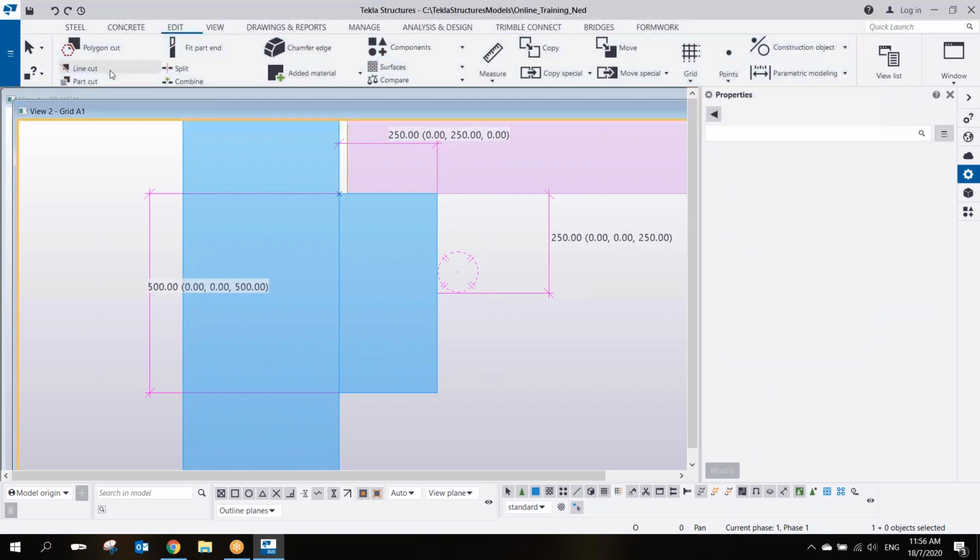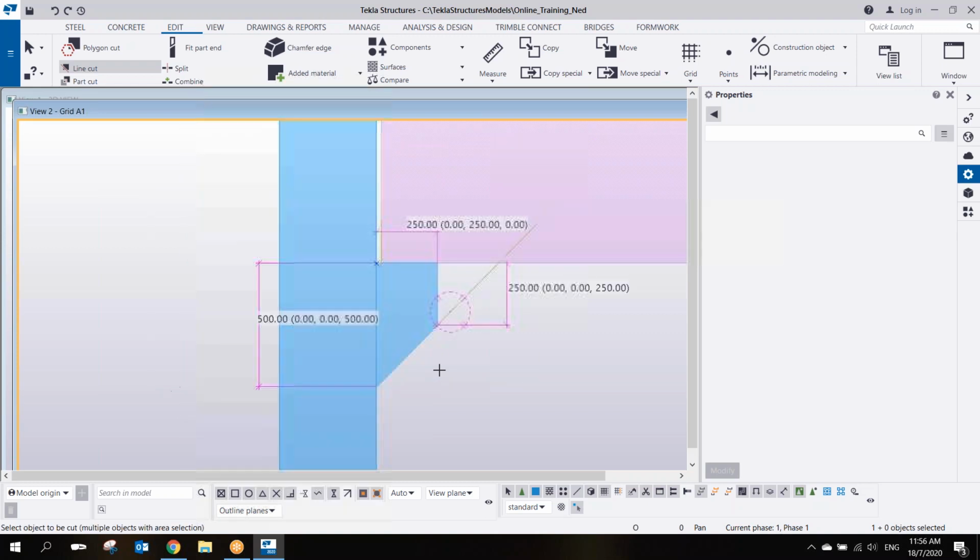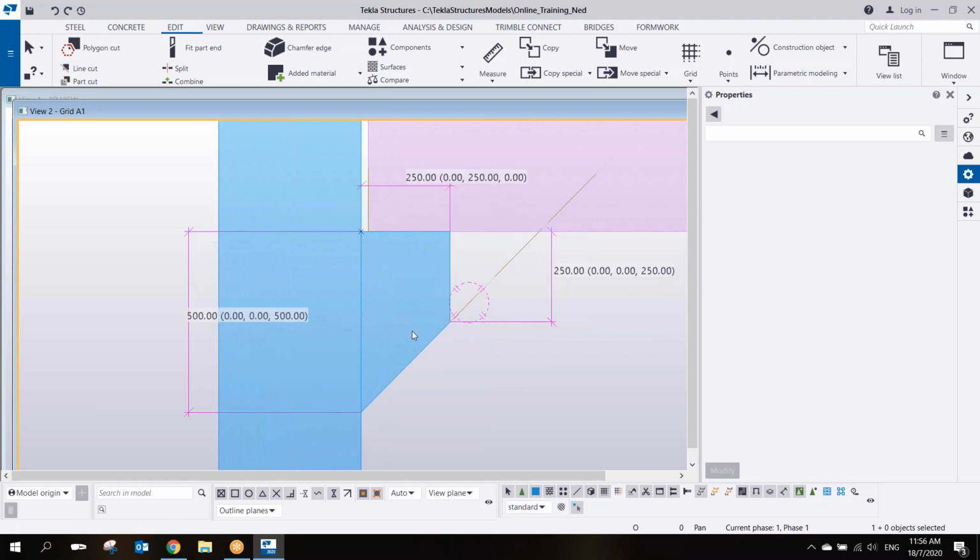edit, line cut, select the corbel, click 1, and then the middle of the height, and then pick this side to remove, and then you have now this corbel using the beam. Okay, so now in addition to this,